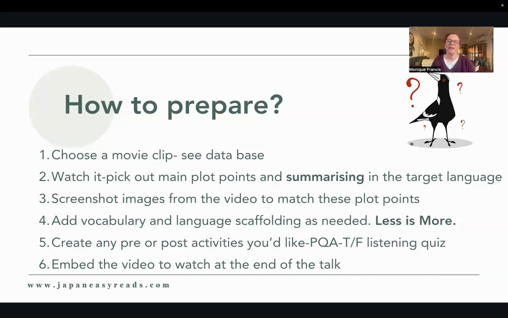Really boil it down to, especially with beginners, limiting the language, but go really deep with the language. So again, if you're using the word shimasu, you're not worrying about the conjugations. They will go with the flow in the context of watching the movie, but limiting